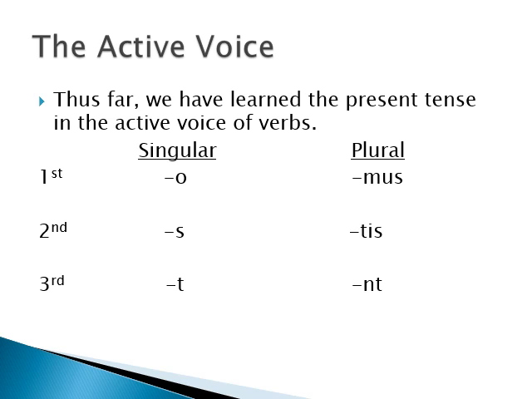And we've already learned those endings: o, s, t, mus, tis, nt. If they don't look familiar to you, make sure you go back and review the present tense, future tense, imperfect, all of that, using these endings, because conjugating things with the right endings is a big part of this. That'll tell you if it's an active voice verb. Okay? Now,